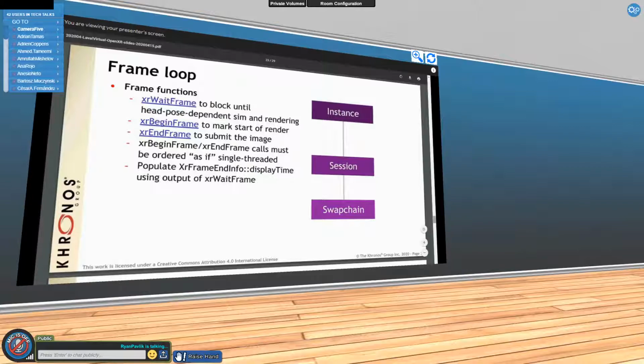Any XR wait frame must block until the previous frame's begin frame is called. This is more for the runtimes than for the application authors, but